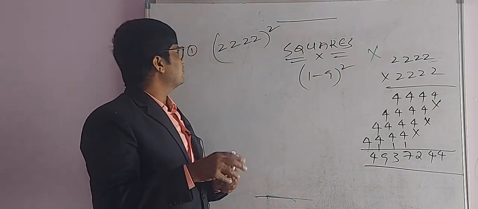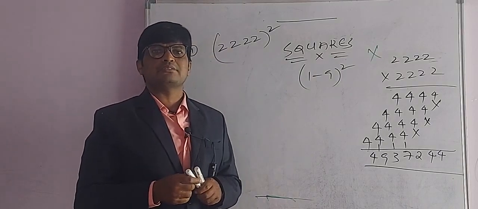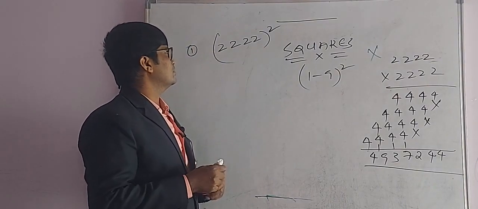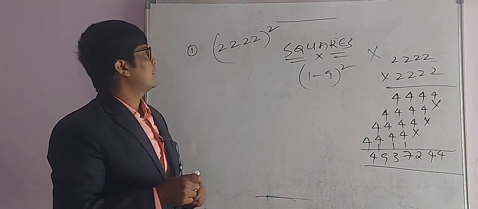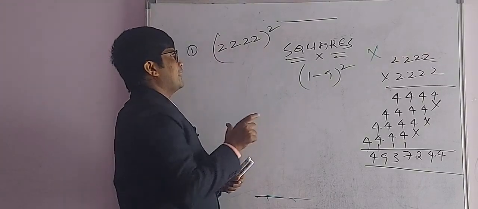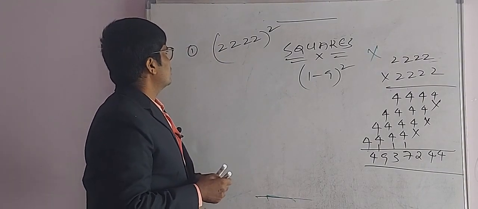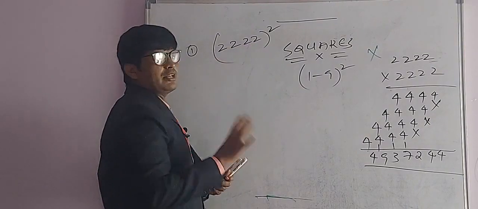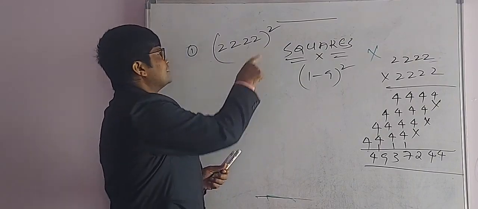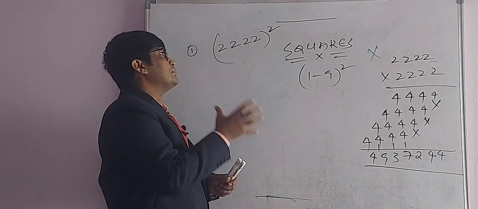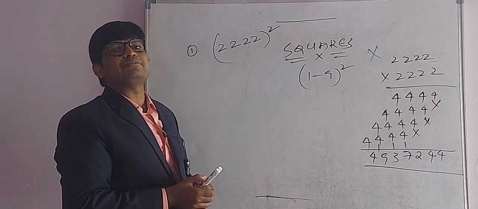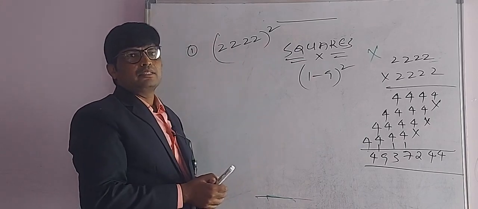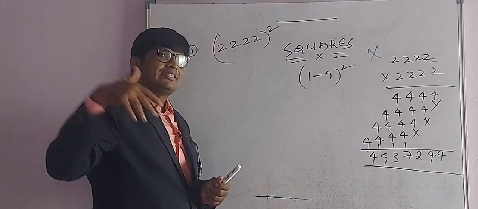Within 5 to 10 seconds we can finish any kind of question. Mostly it will take just 5 seconds. Let us see the concept, please observe carefully. For the first question I will write 2 steps. Let us count how many digits there are: 1, 2, 3 and 4, there are 4 digits and all the digits are similar. Whatever concept we are going to discuss is applicable when similar numbers are given. When different numbers are given, we will see later.